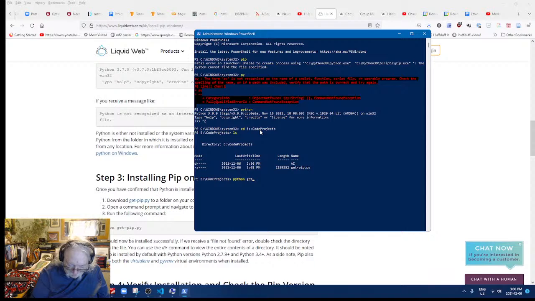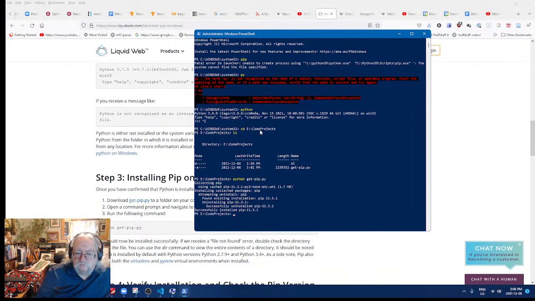Python get pip.py. All right. Now let's try typing pip.